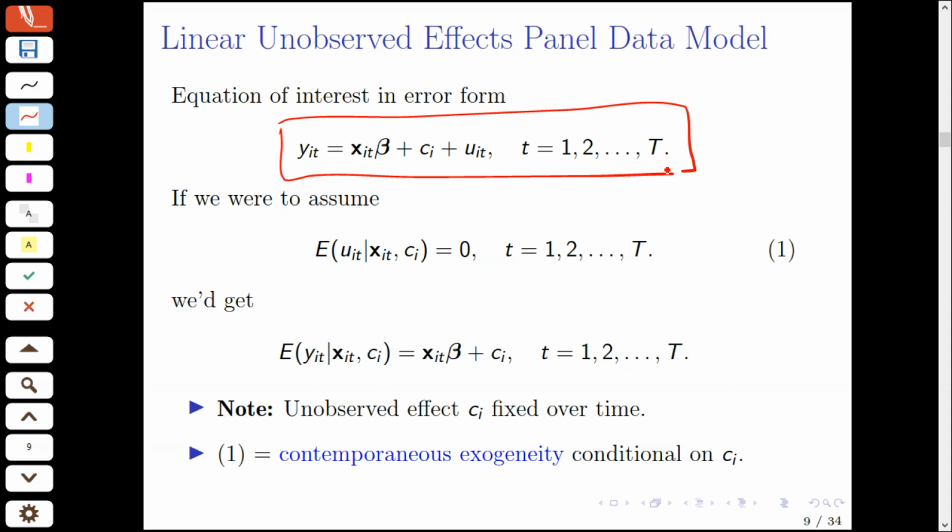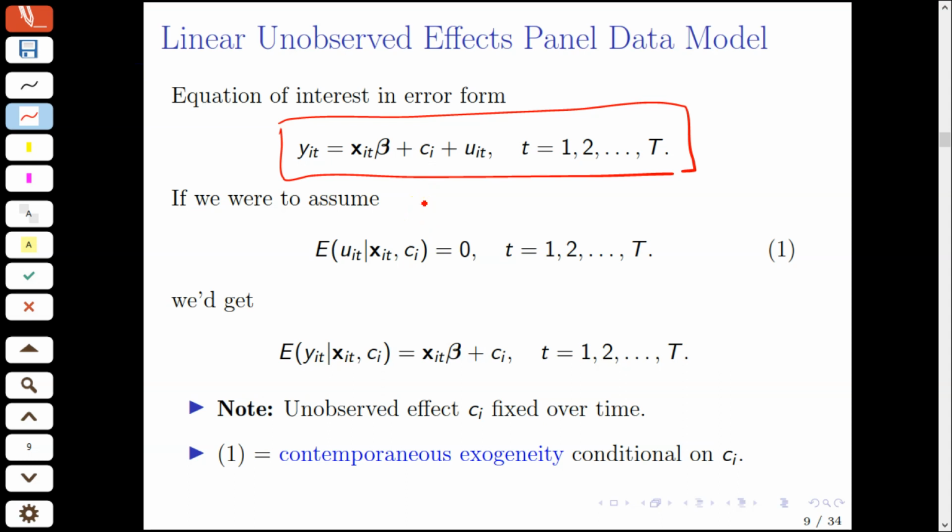Now here I'm explicitly writing t running through 1, 2, all the way up to capital T, to highlight that we have repeated observations for the same individual. Now, if we were to add the assumption that this one unobservable term, u_it, has conditional mean 0 when conditioning on the regressors from the same time period on top of this individual effect or individual unobservable, c_i,